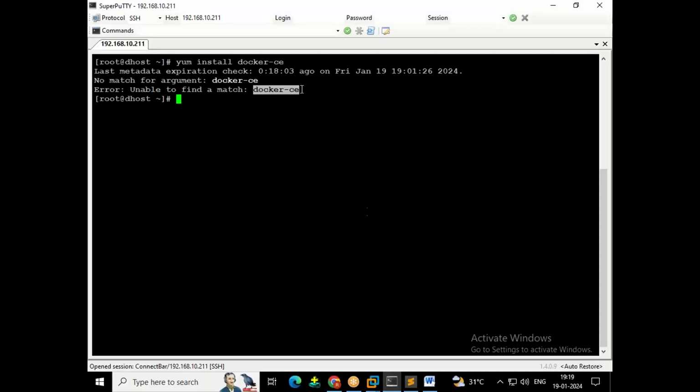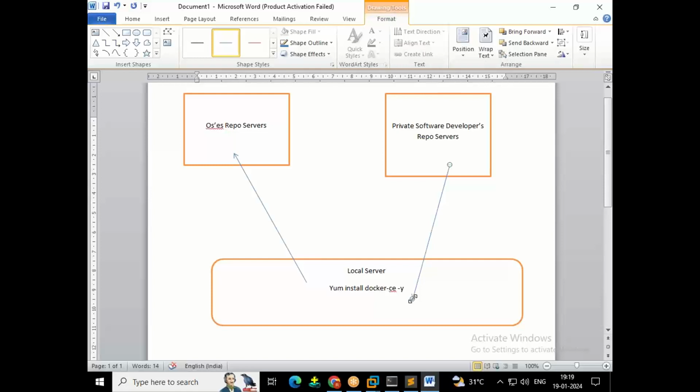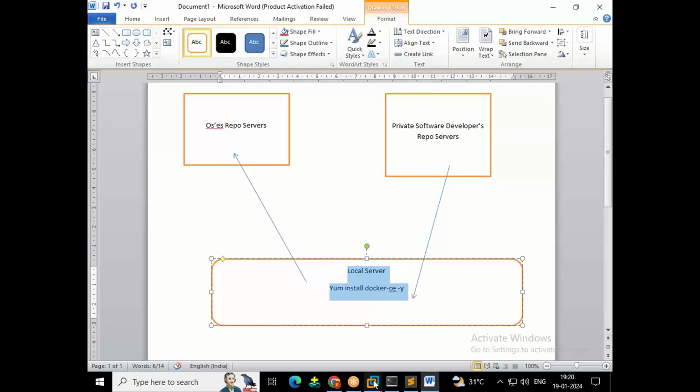We can download the software from those private servers to our local machine. If we want to install from their own private servers, they provide one repository list. You need to download it and keep it in this server. That location is